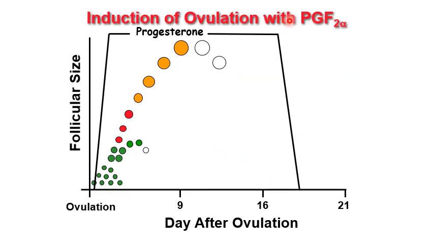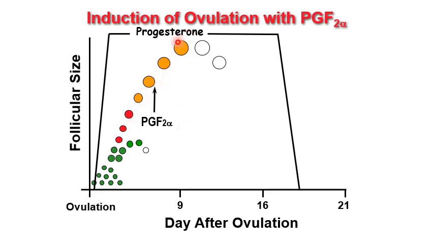So if we wanted to get ovulation, we can give PGF2 alpha during this time. Note that this is the period of ovulation in the cow. So this is at metestrus. Now, a few days later, there will be a follicular wave, and the first follicular wave will be at about